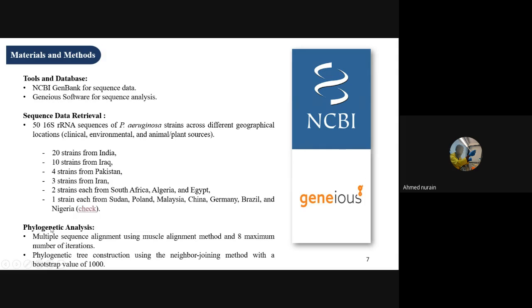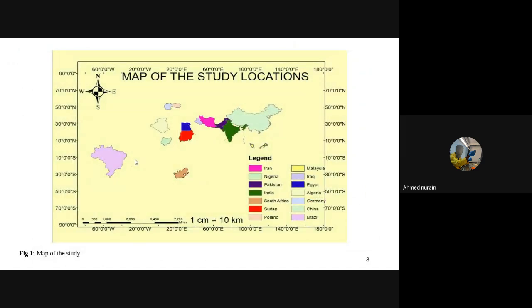So following that, we then carried out multiple sequence alignment using the MUSCLE alignment method and its maximum number of iterations. And then we constructed a phylogenetic tree using the neighbor joining method with a bootstrap value of 1000. So this is the map of the study showing the geographical distribution of 50 Pseudomonas aeruginosa strains. This visual representation helps us to understand the broad geographic coverage and diversity of the sources from which strains